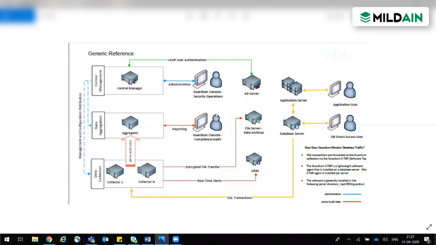Now, this is how the Guardian monitors the traffic, and this is all about the database activity monitoring (DAM) solution. Now, the question comes that apart from this DAM activity, Guardian can do some more functions called vulnerability assessment and configuration audit system. I think you are keen to know about those things, right? Vulnerability assessment.